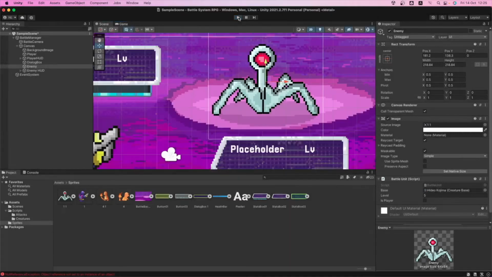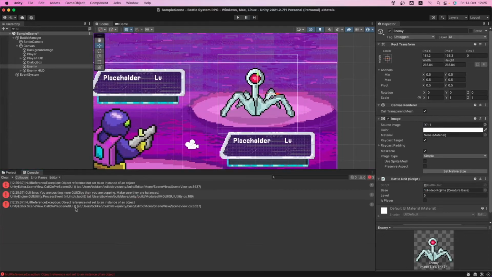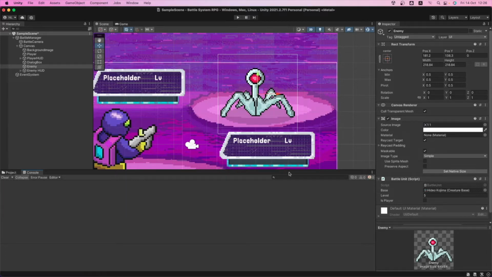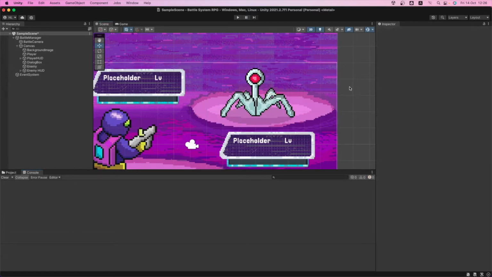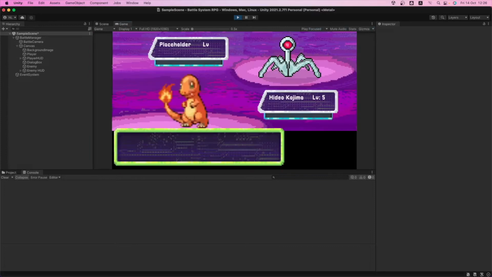Okay, so we're gonna stop this, we're gonna fix this because don't worry if you're seeing these errors. These errors happen when you're selecting something that is inside the canvas and you press play. You're gonna get these errors. It has nothing to do with the code we've written. Okay, so don't worry about that. If you clear them, and as you can see, I had selected this, so that's why I was getting this error. But if I unselect it before going into play mode, you're gonna see that that doesn't happen.